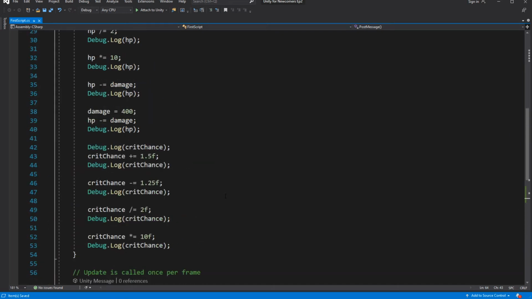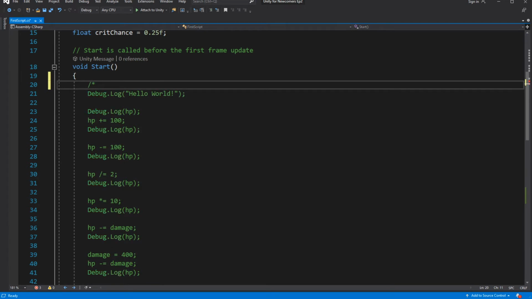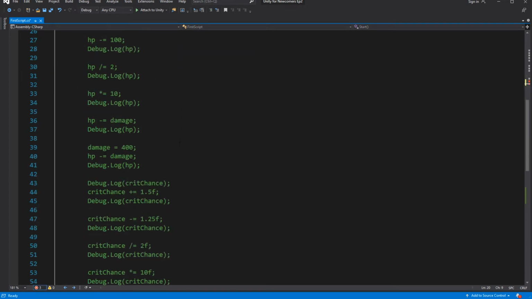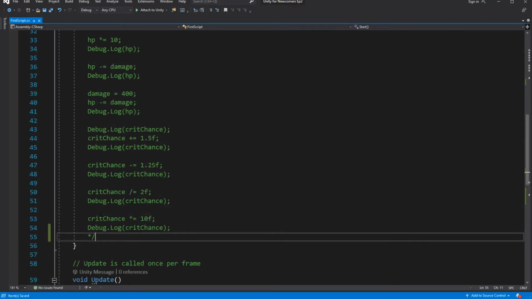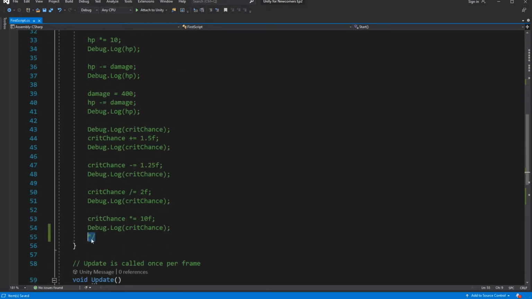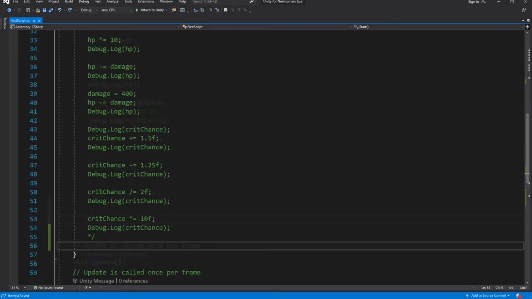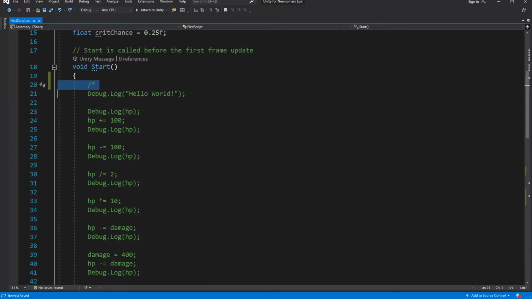Good, we just described the function, now we have to call it from somewhere. Let's call it onStart. But it is pretty crowded in the start right now. So let's comment out everything we have here by using the multi-line comment. Everything inside this area will be counted as a comment and not be executed. Call the newly created method by its name.